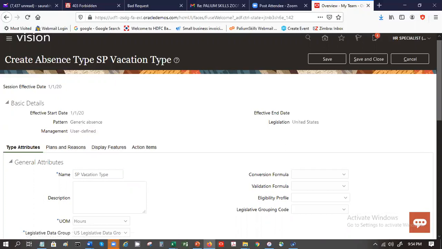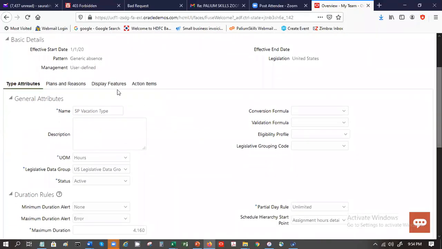Something is not working here properly, because once you click on this tab, the corresponding options should open up.